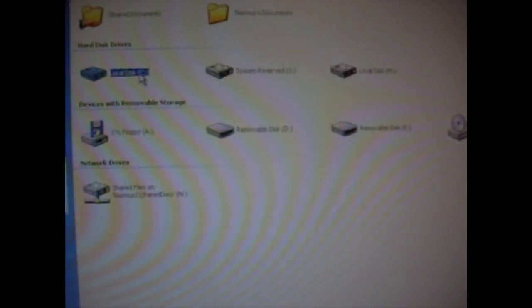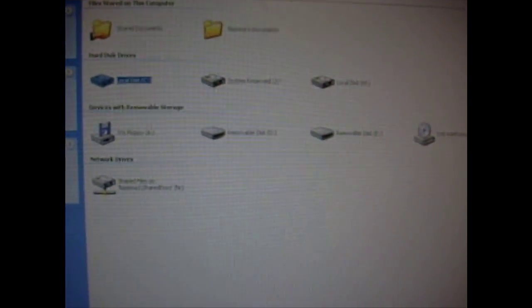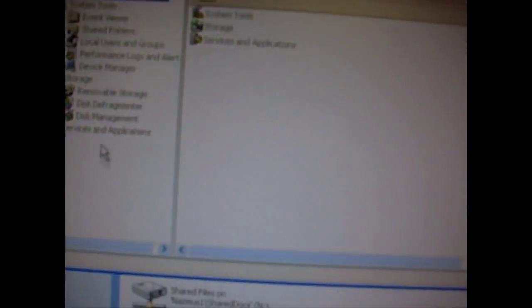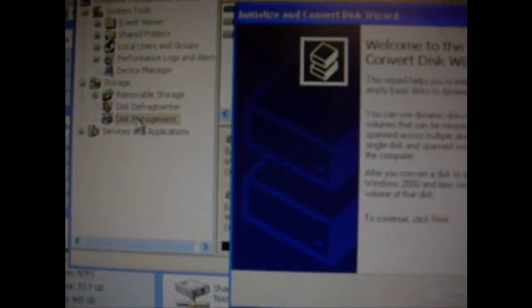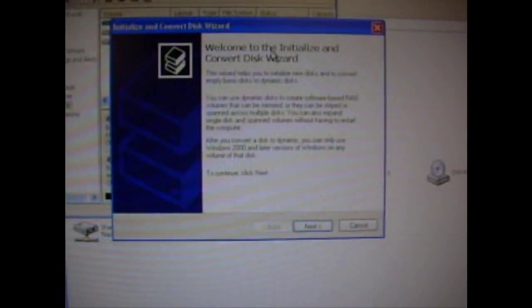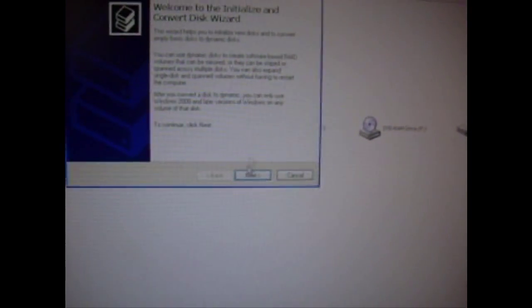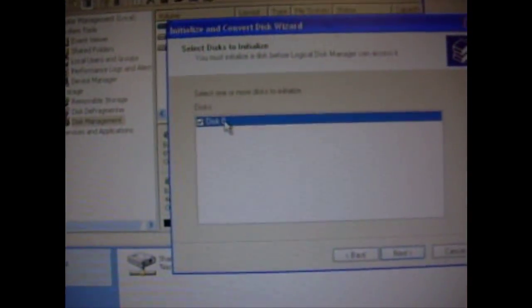Windows XP isn't recognizing it, so there are a couple of ways you can do this. First, you go into My Computer on your desktop. You right click and you click Manage. Once you have that, a little window comes up. Right under Storage, you have Disk Management, and a pop-up will come up. It says Welcome to the Initialize and Convert Disk Wizard. You follow it. It has a disk here. Make sure it's checked. You click Next. You click it, and once you finish,